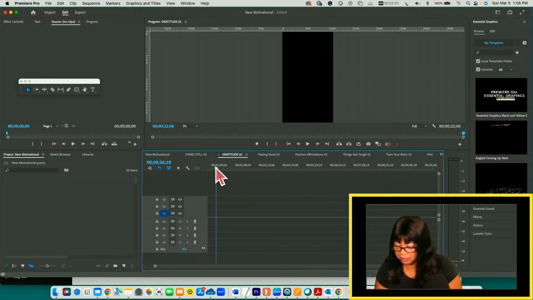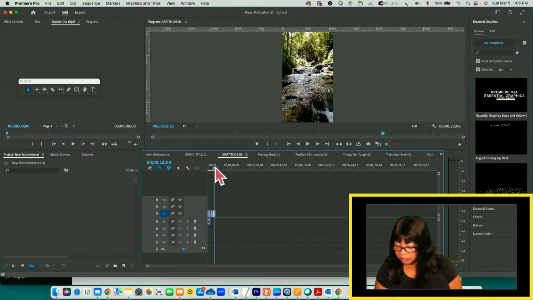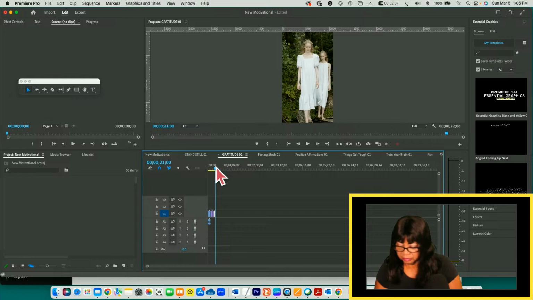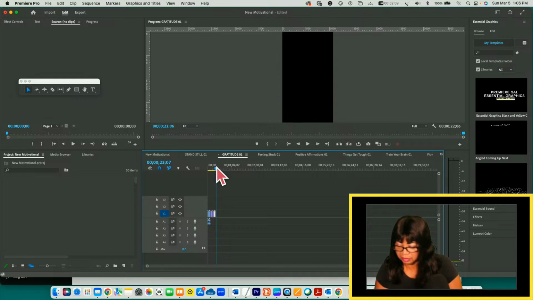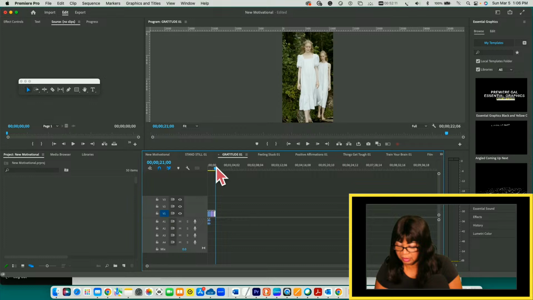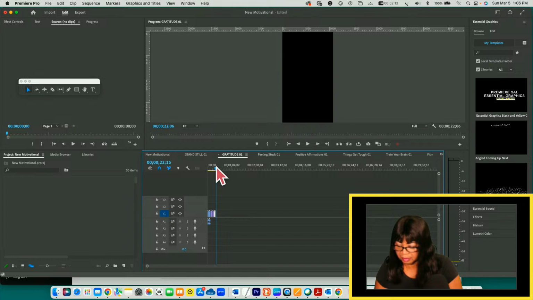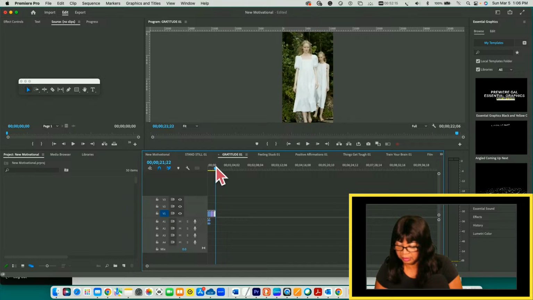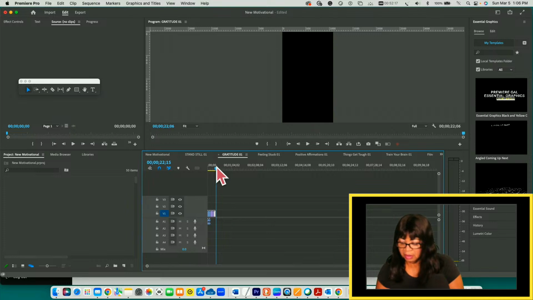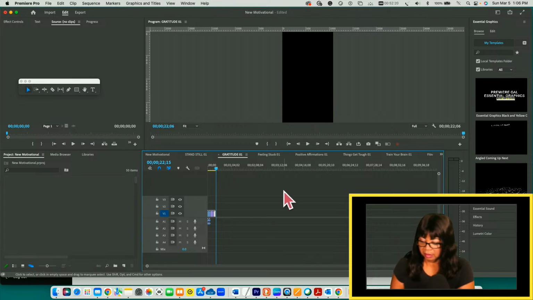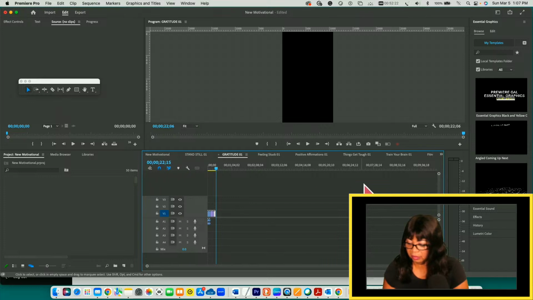I don't really see anything else there. So it really should, essentially, be just about the same. Slightly different, but just be aware when you're